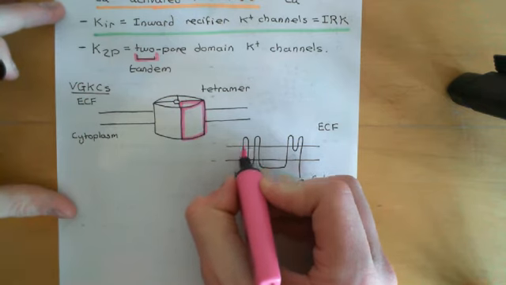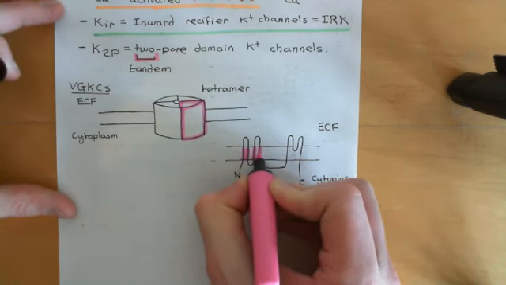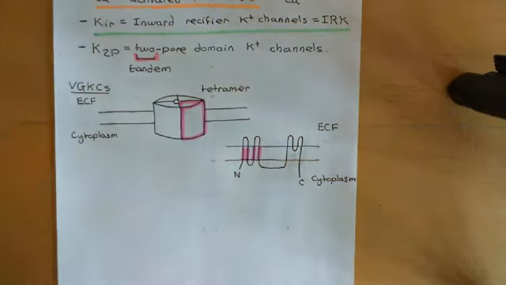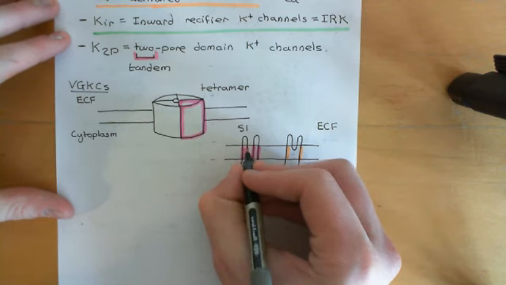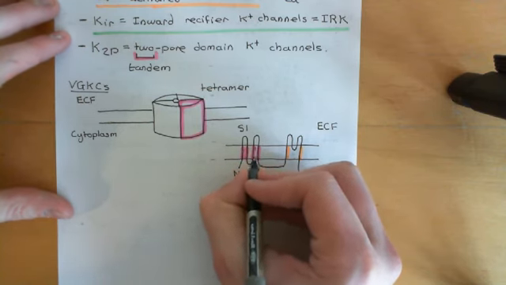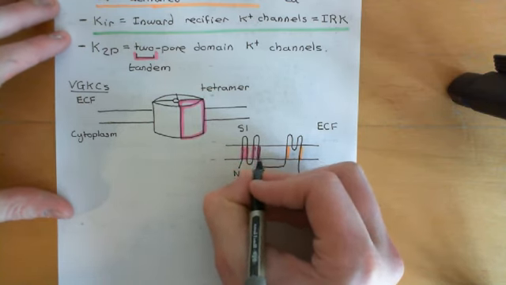Firstly, you have 6 in total membrane spanning alpha helices. I'll colour these 4 in one colour, and these final 2 here in another colour. These are named S1, the first membrane spanning alpha helix here, then S2 is the second, S3, S4, S5, and S6. So they're named S1 to S6. Now the reason I've coloured these 4 in a different colour to these two here is that these are actually